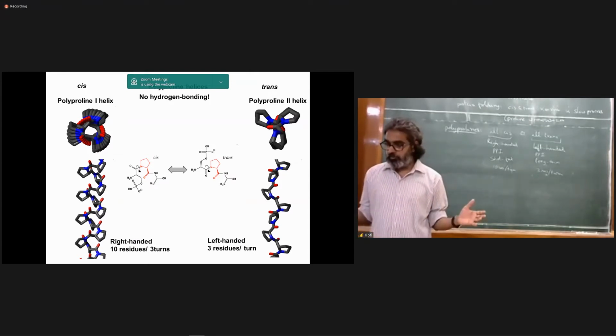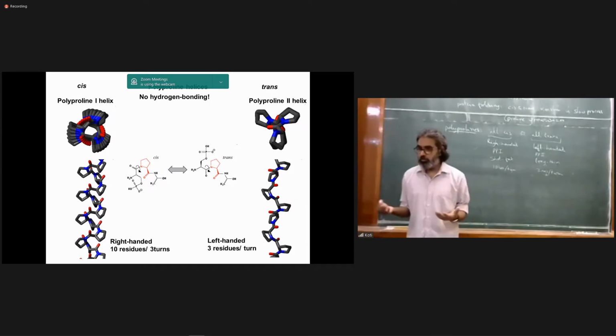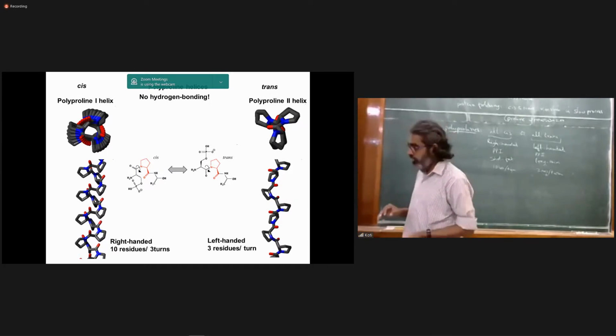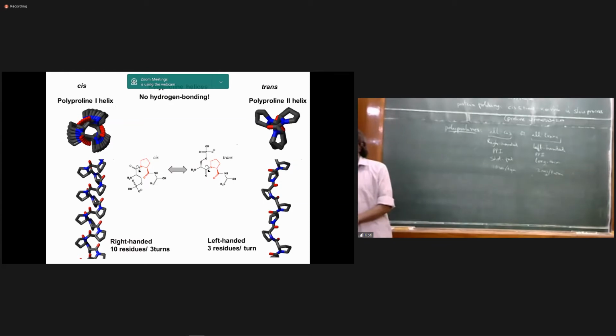Yeah, so the backbone gives hydrogen bonding strength. So NH from one backbone position to another position, right? Hydrogen bonding. But here, do you see any of that kind of bonding? You don't really see it, because this is CO, this is NH of the same peptide bond, so of course it cannot form. It doesn't matter whether it is i+1, i+2, i+3, i+4, nowhere is there a hydrogen bond. So the stabilizing force in this PP1 or PP2 is not hydrogen bonding.